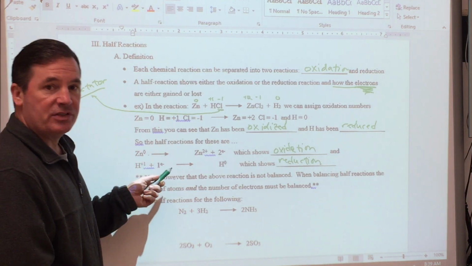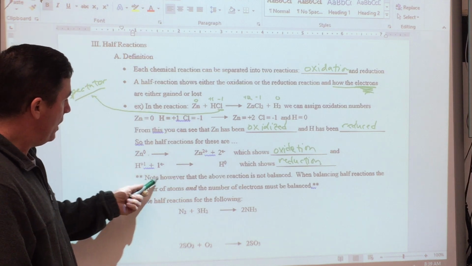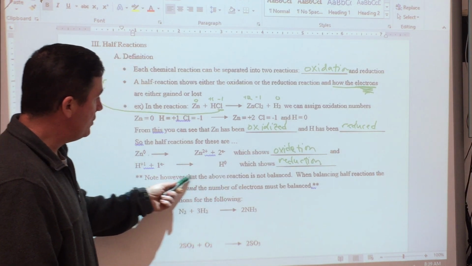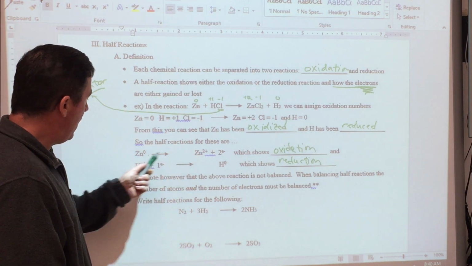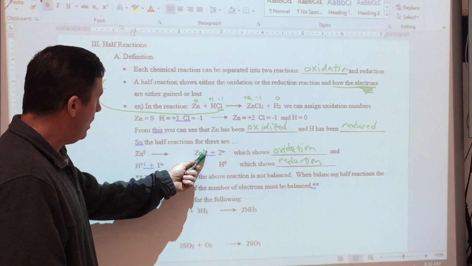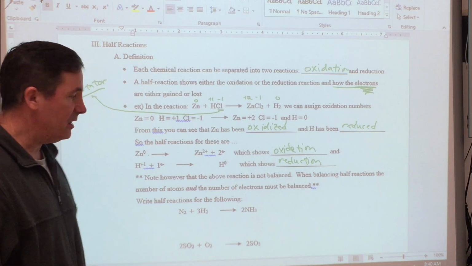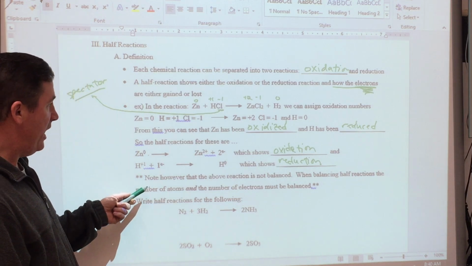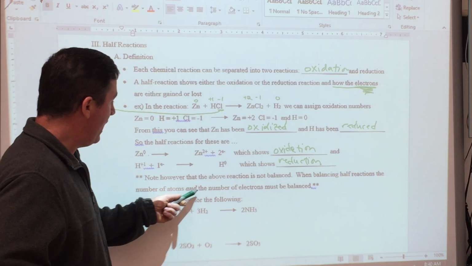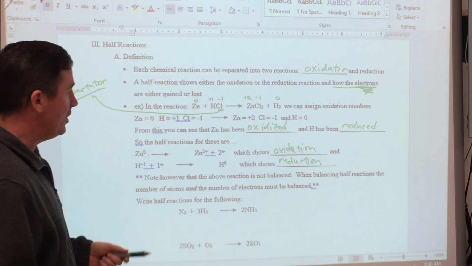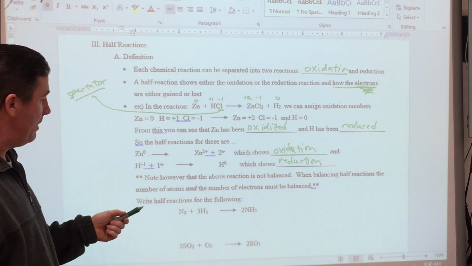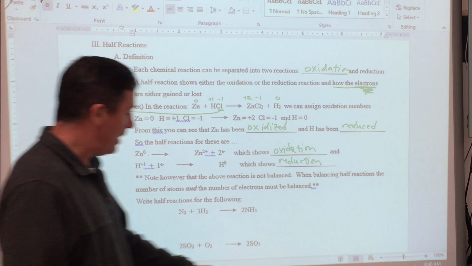Now, this is the first step, and we're going to take baby steps with this. Note, however, that the above reaction is not balanced. Look, I've got 2 electrons up here and only 1 here. We'll take care of that toward the end of the week. When balancing half reactions, the number of atoms and the number of electrons must be balanced. We have to keep that in mind. So let's try